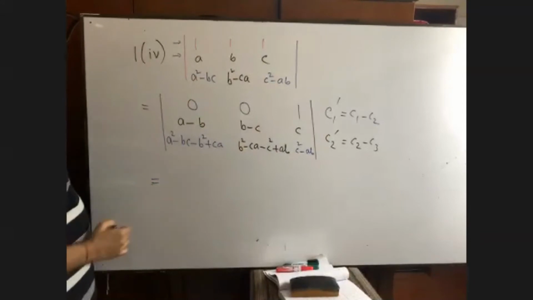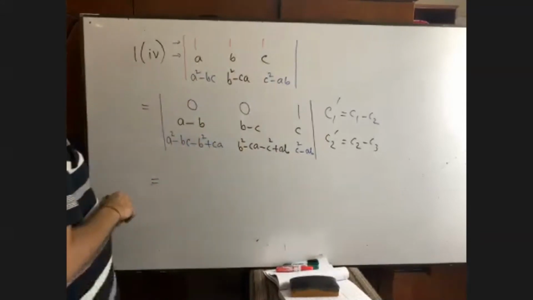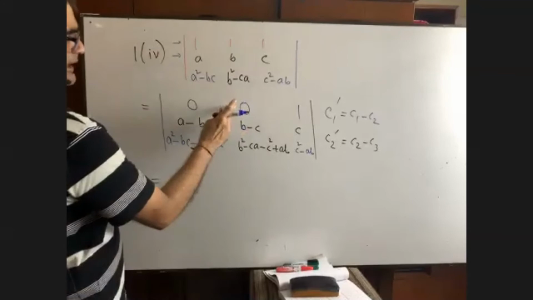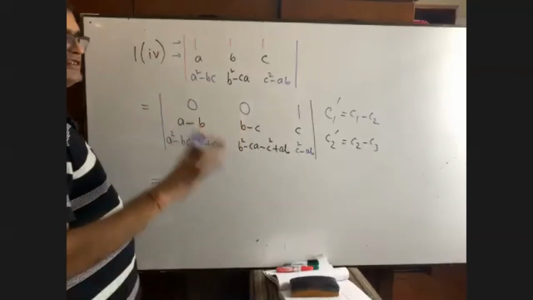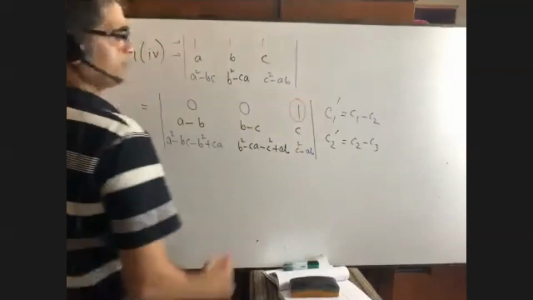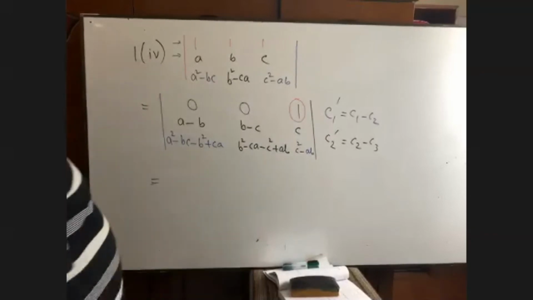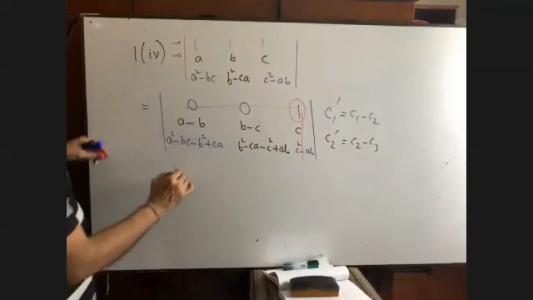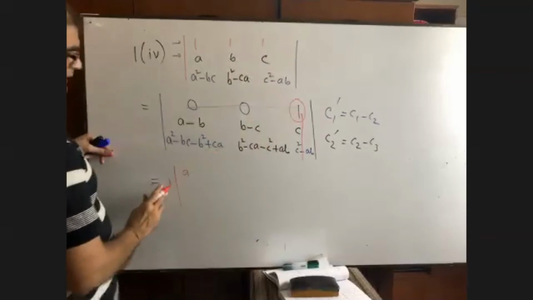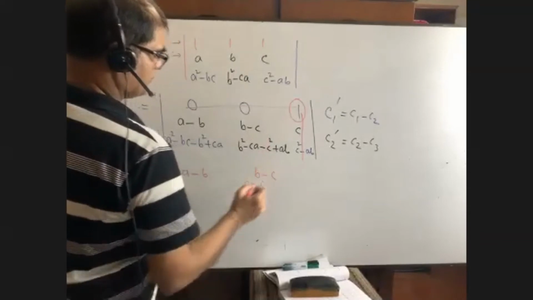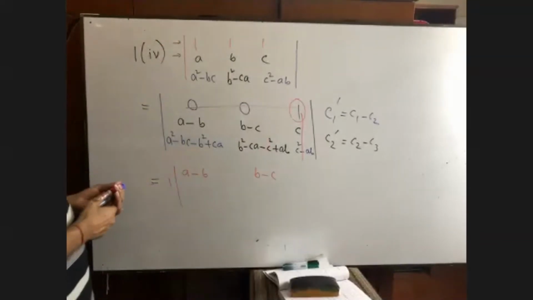Now, when I expand it, at first we multiply by 0, so it is 0. Secondly, we multiply by minus 0, and multiplying anything with 0 is 0. So what is left here? We are left only with 1, right? So this and this will be omitted. So we are left with this 1, here a minus b, here b minus c, and here, can you please let me know what can be written here?